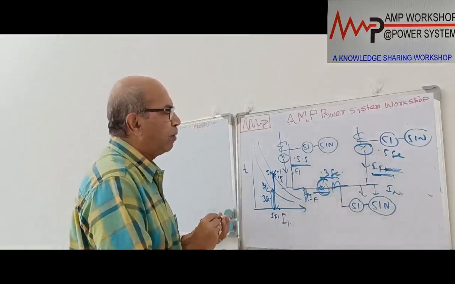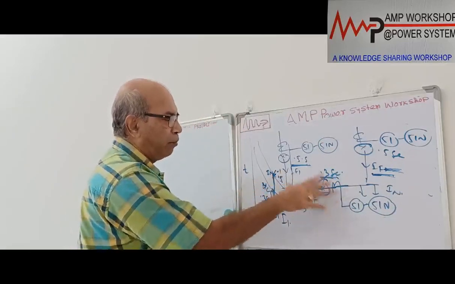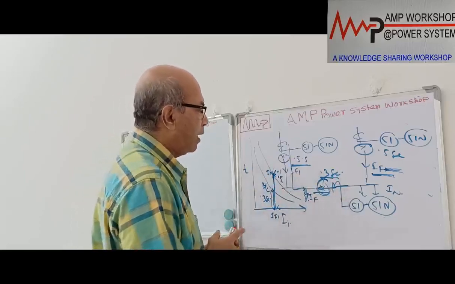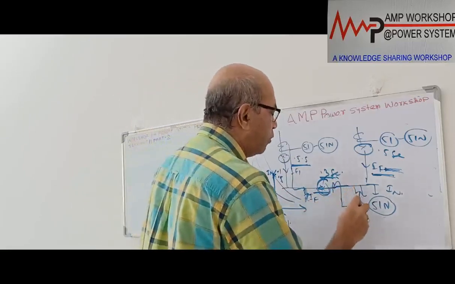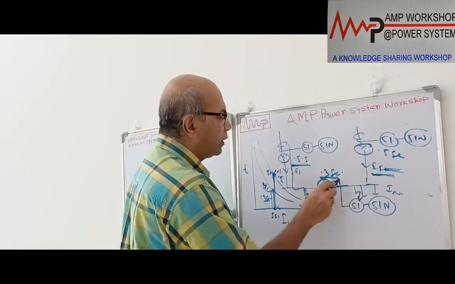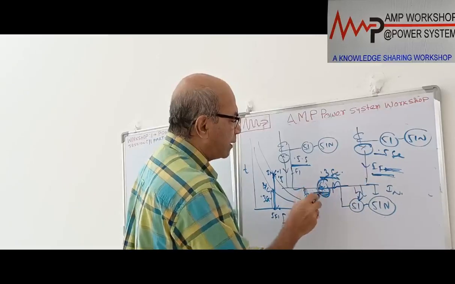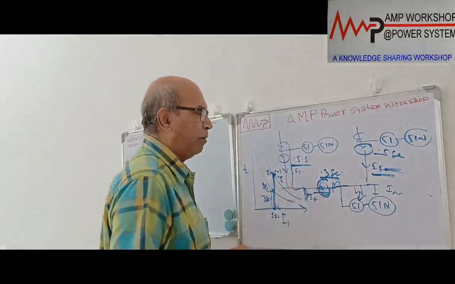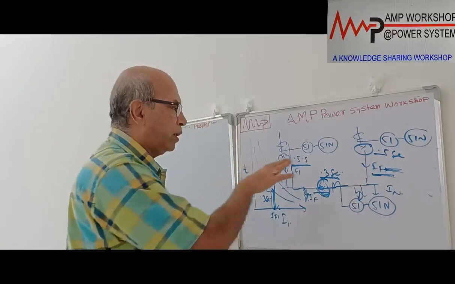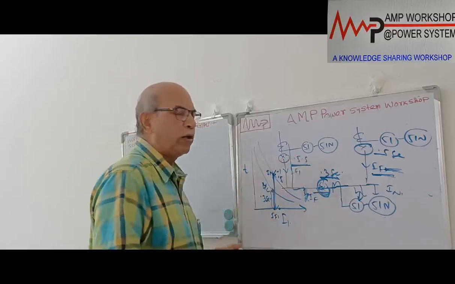So this way, this overcurrent protection is providing the protection for the bus bar. Similarly, if the fault is over here, the same thing will happen: at 0.3 second this bus coupler will open, then at 0.5 second this will open, and the moment the bus coupler opens, it will continue feeding the power. So this way, bus bar protection is provided for the low voltage switchgear.